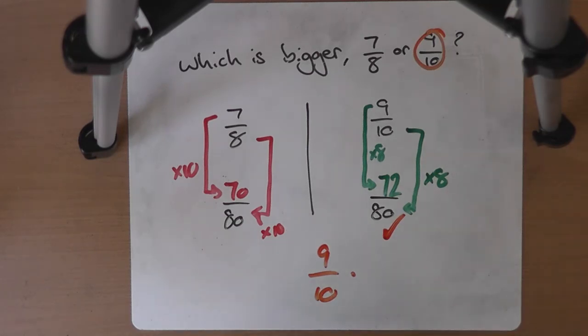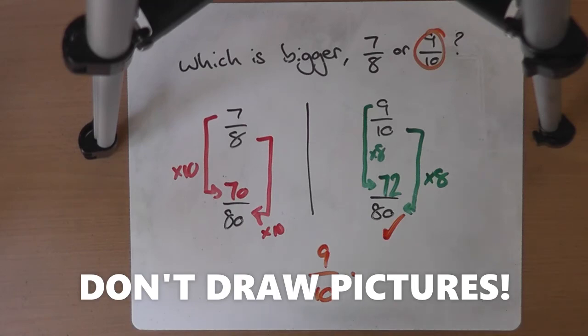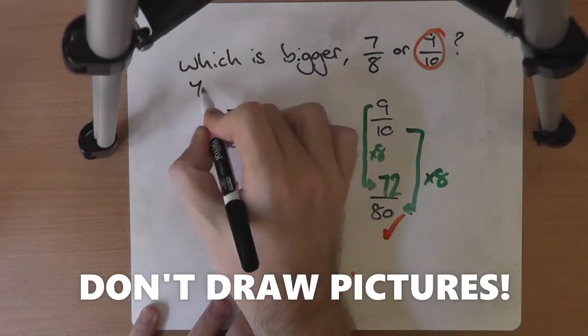A final thought with these questions. You might be tempted to say, well, surely I could just draw pictures for them. Well, technically, yes, you could, but your pictures would have to be perfect. Your pictures would have to be so carefully drawn and so carefully measured and worked out properly that you could prove definitely that one was bigger than the other, especially because these two are quite close in size. In fact, there will often be an extra line in the question that will say which is bigger, 7/8 or 9/10. You must